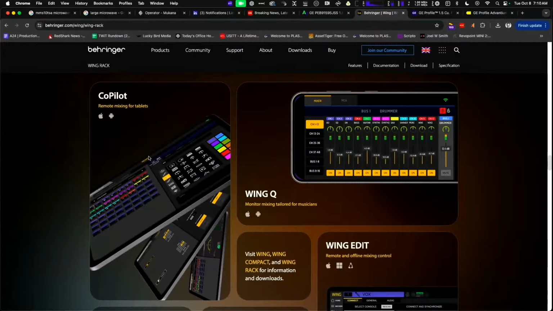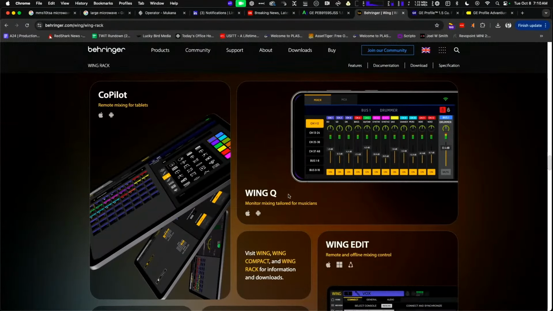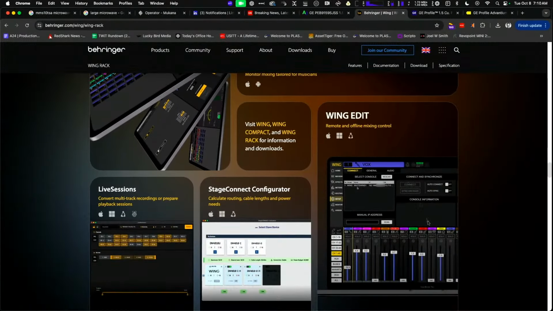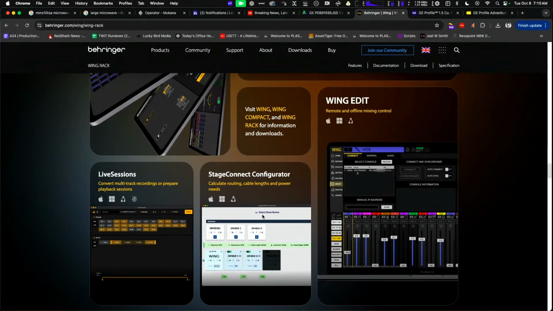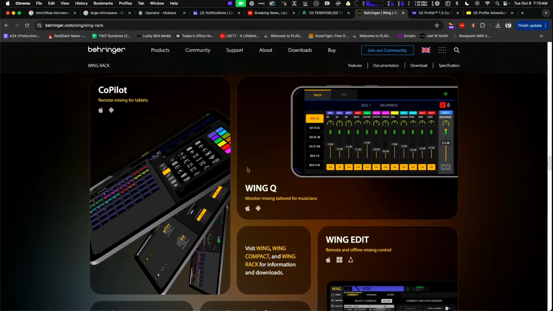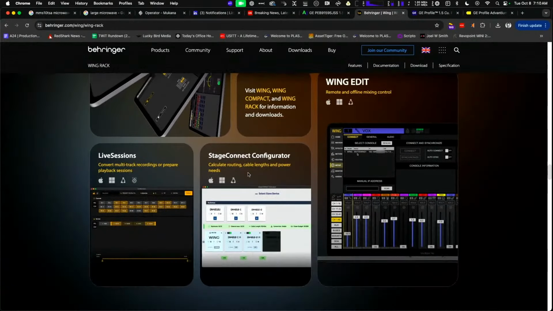So one of the things we liked about the X32 is that we thought it was a little bit more controllable remotely than the Yamaha software that was out there. And it was pretty good, but it was still quirky. It hasn't been updated in 10 years or whatever. It felt old, but it was still pretty powerful. It looks like they've completely rewritten it. So there's a lot of software here that looks new, and it looks like they have a lot of control. I think they understood why people buy their hardware.